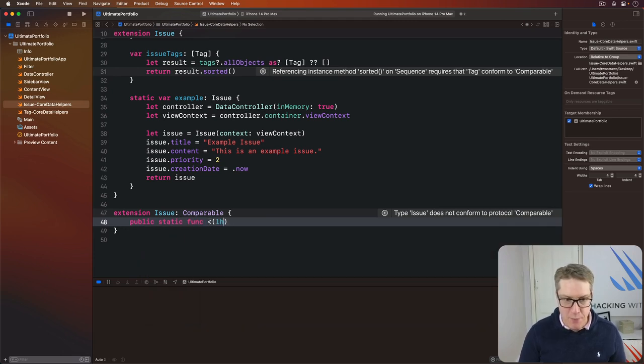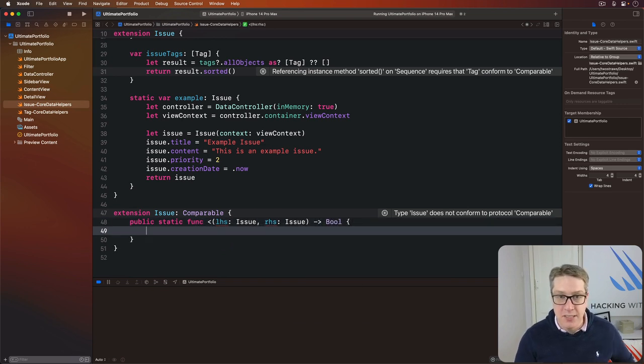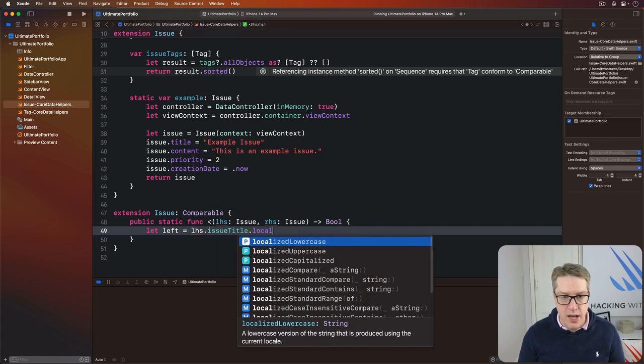On the left of that thing will be an issue. On the right of that thing will be another issue. And you want to return Boolean true if the left-hand item should come before the right-hand item. So we're going to say inside here, our left item is a left-hand side's issue title, localized, and we want